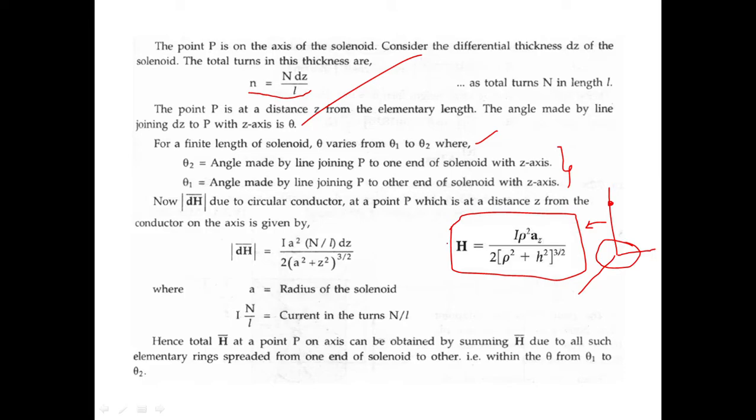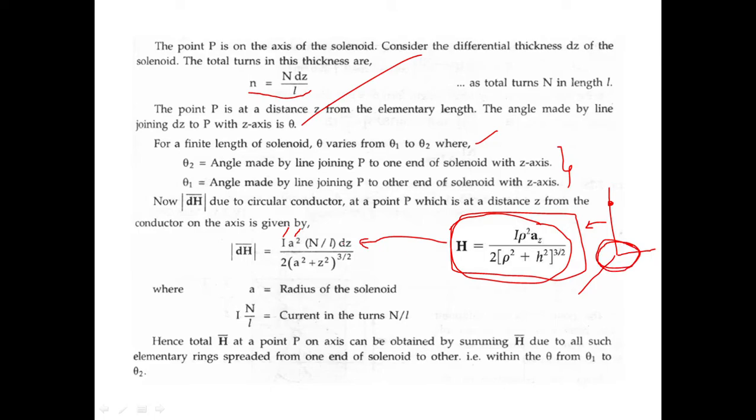Now the same equation is written here. Since I have taken this from a textbook, for this problem we have taken the radius as a. So we have I, and rho square, with the radius as a, is a square. Since we have taken only the magnitude, the a_z part will not be there. Now it will be 2 (a square plus z square) whole power 3 by 2, right? This is for how many turns? This is for one turn. When we did the derivation, we had taken only one turn on the xy plane.